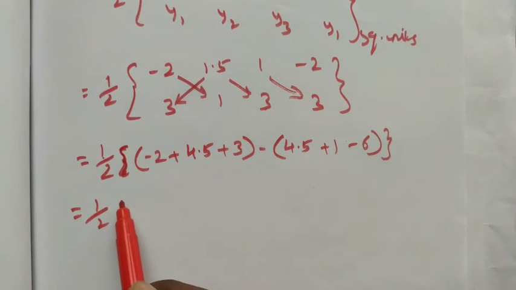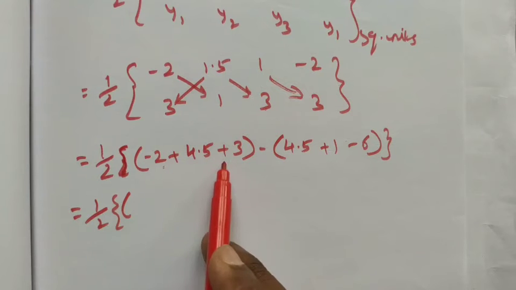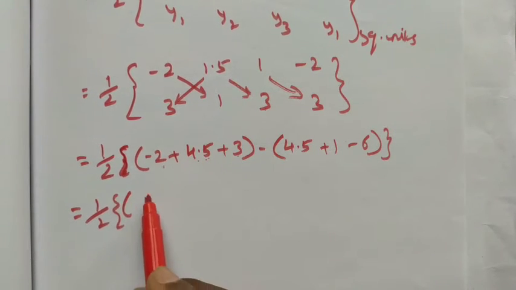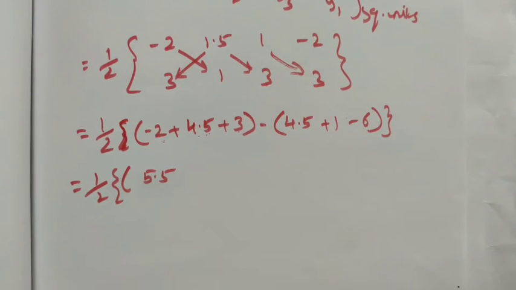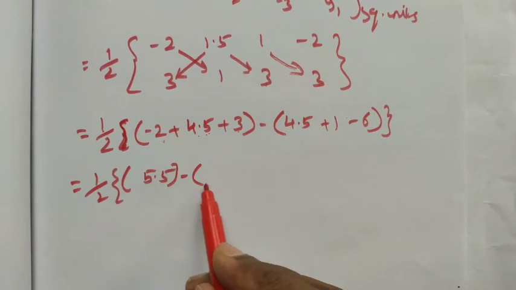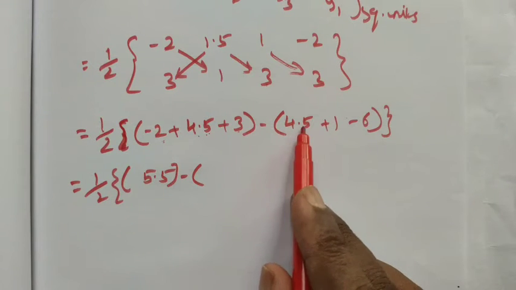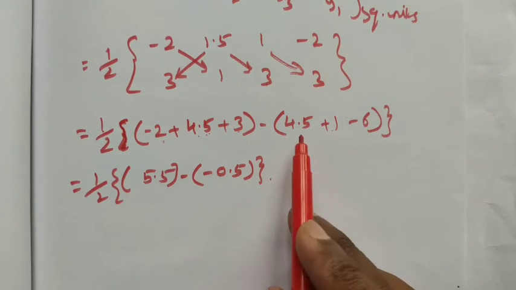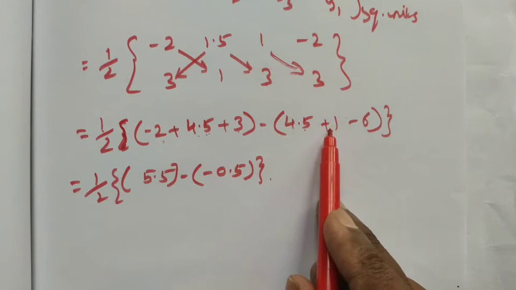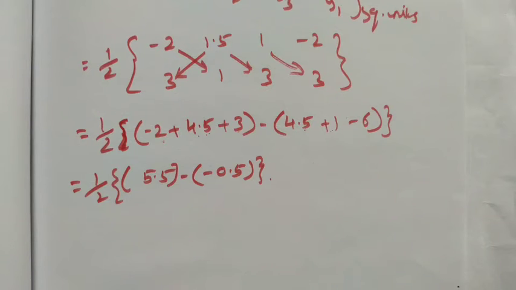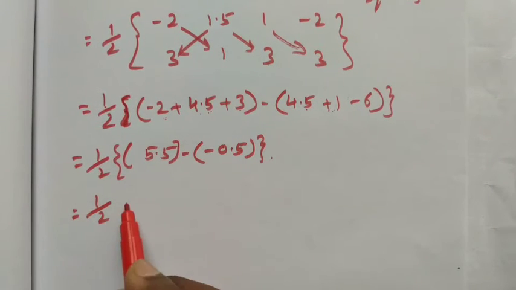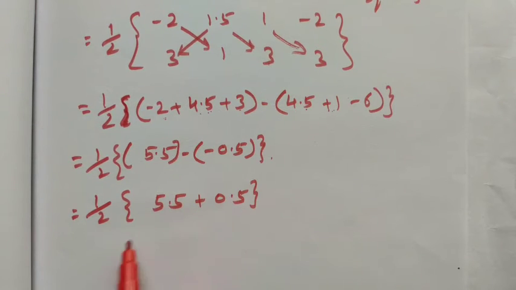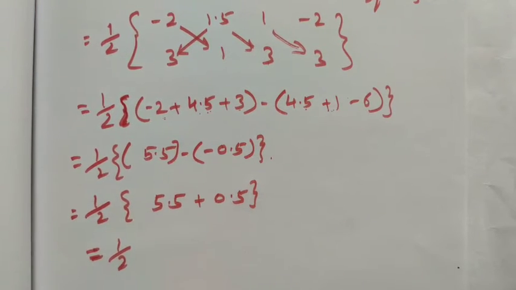This term is equal to half into, now sum of this number is 7.5 minus 2 is 5.5, 5.5 minus of the second term, 5.5 minus 6 is equal to minus 0.5, right? 4.5 plus 1 is 5.5, 5.5 minus 6 is 0.5. When we remove the bracket, we get 5.5 plus 0.5 is equal to 1 by 2 into 6